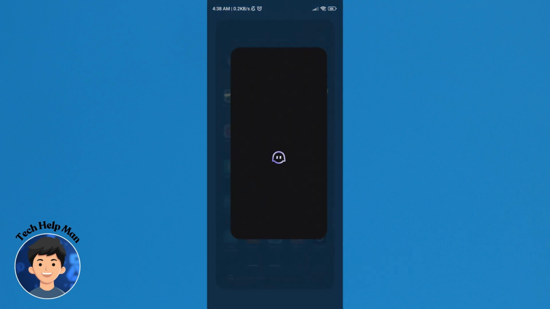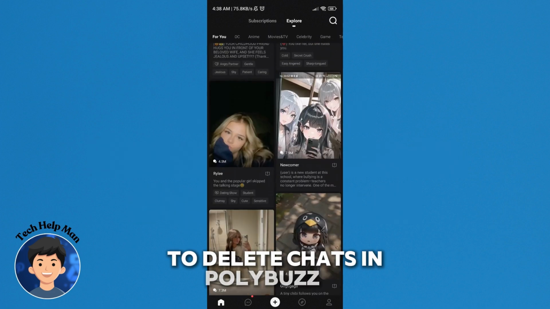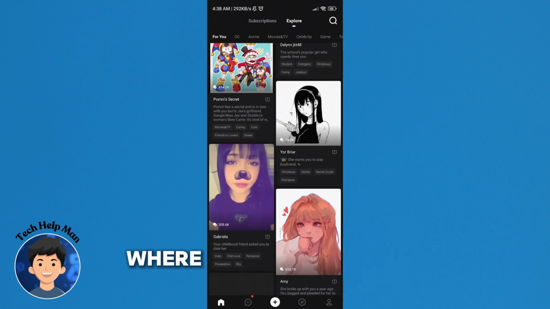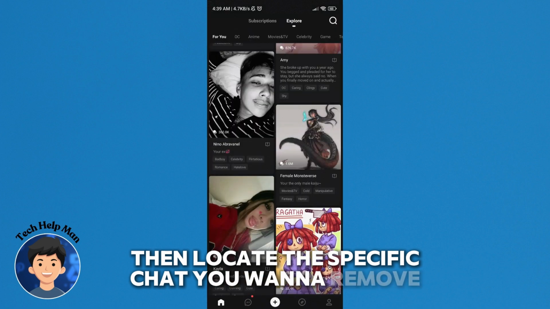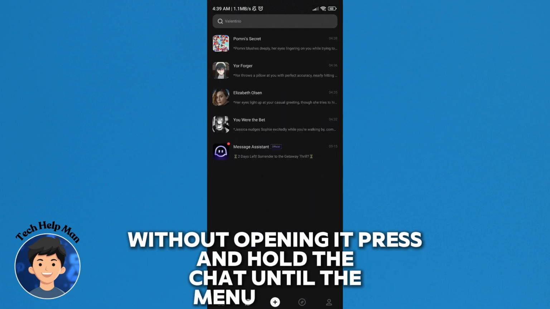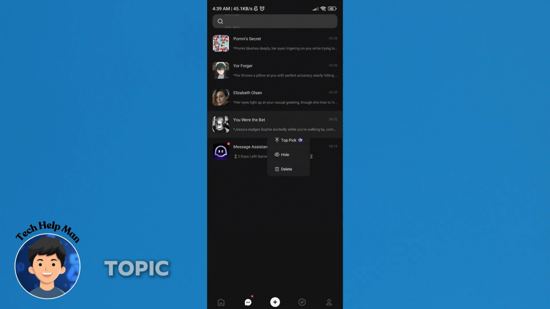Today, let me show you how to delete chats on Polybuzz AI. To delete chats in Polybuzz AI, start by opening your list of conversations where all your previous chats are displayed, then locate the specific chat you want to remove without opening it. Press and hold the chat until the menu appears, which will usually give you options such as hide, topic management,